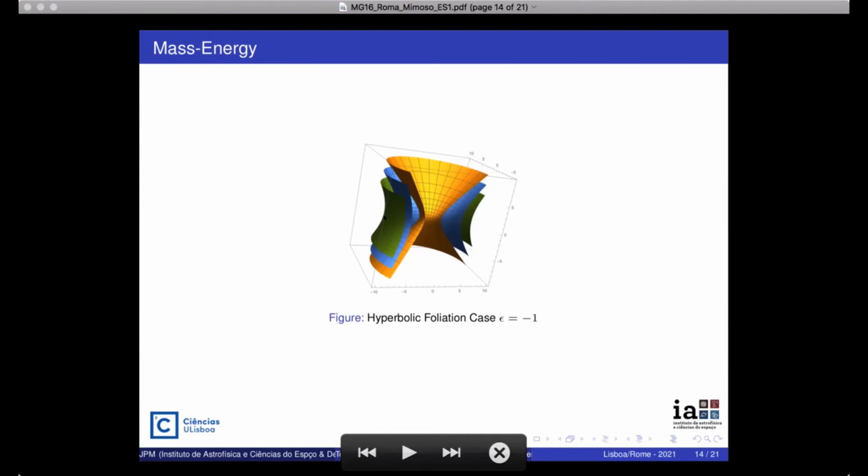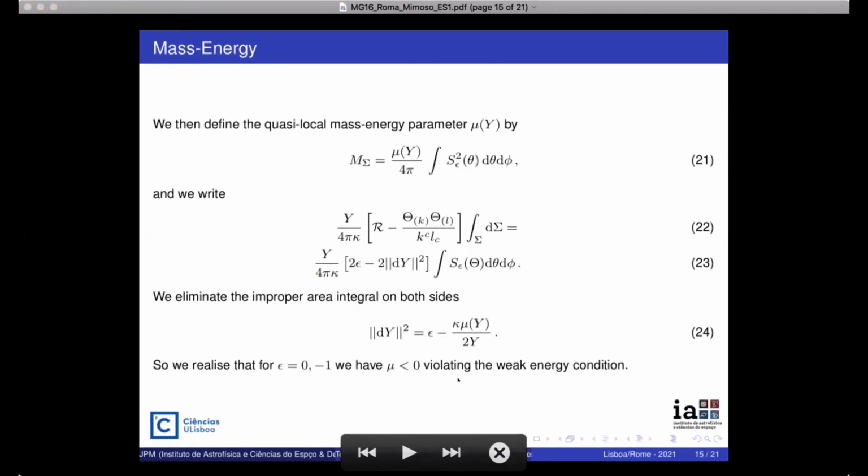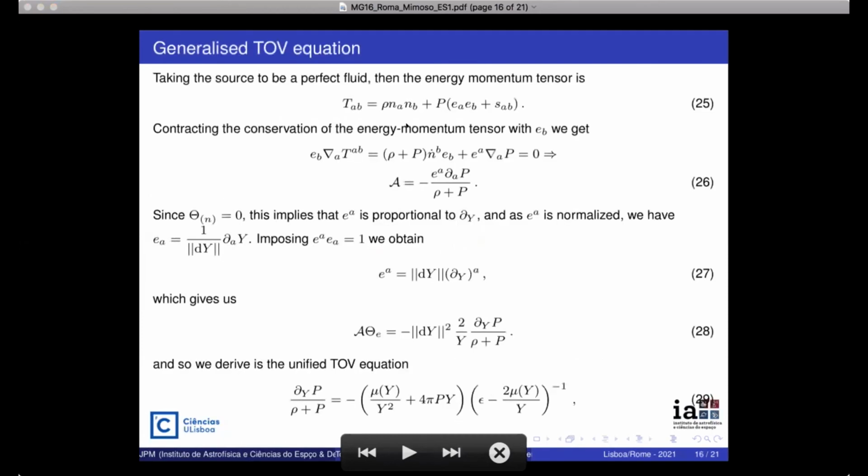So it's a mass per unit area, and it is constant over the leaves. This was well known. It's kind of a generalization of what you do in electromagnetic field theory. And it works because now we have a mass parameter which is well defined for open systems. And so we now have a meaning for this mu, which enters this formula here, which generalizes the formula for spherical symmetry, and we can apply this to a derivation of the